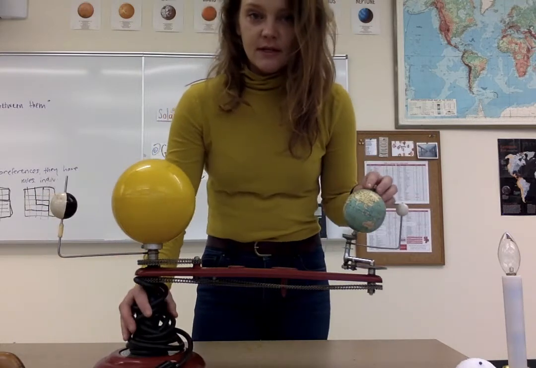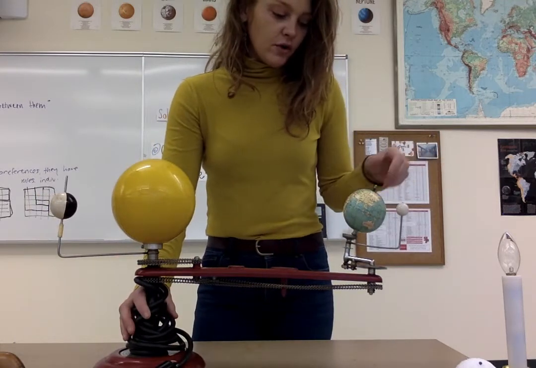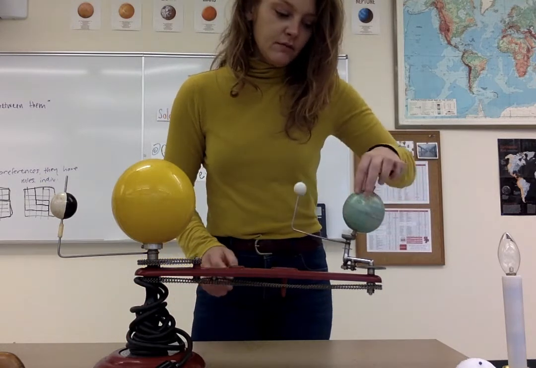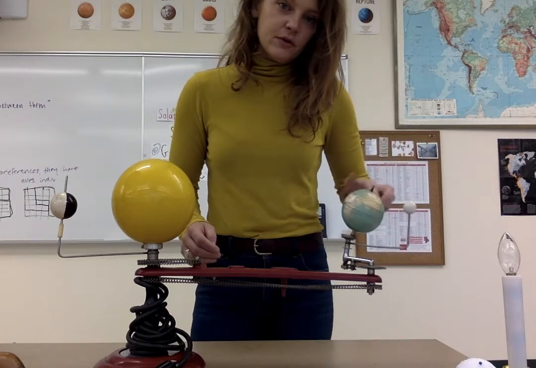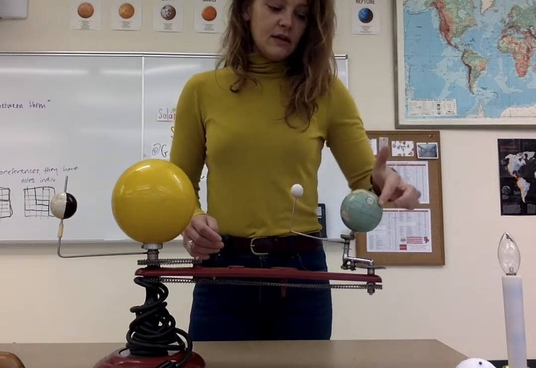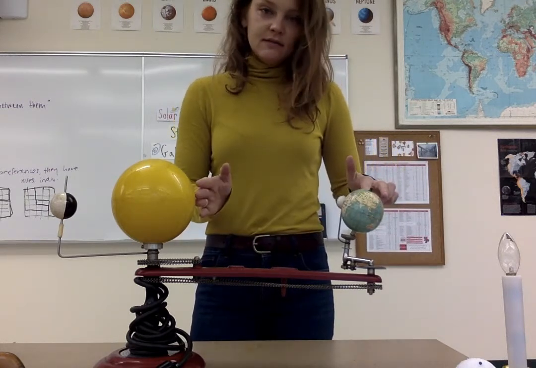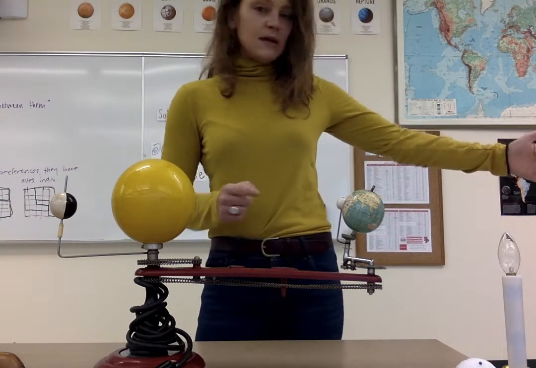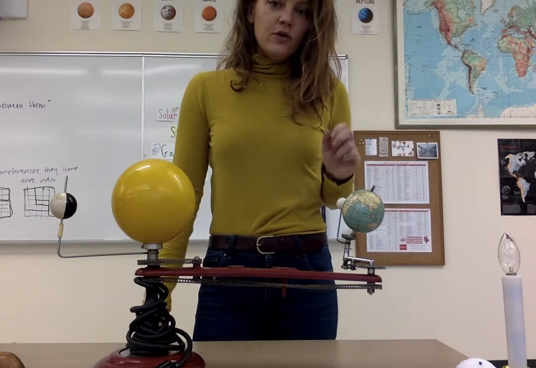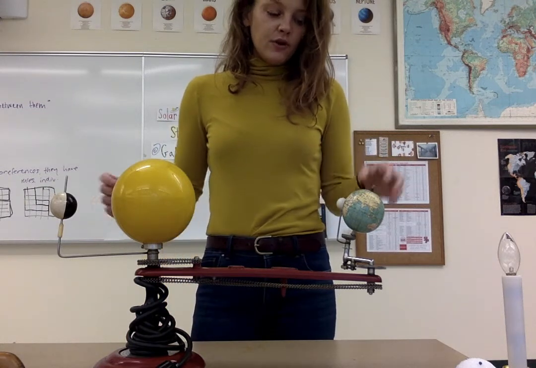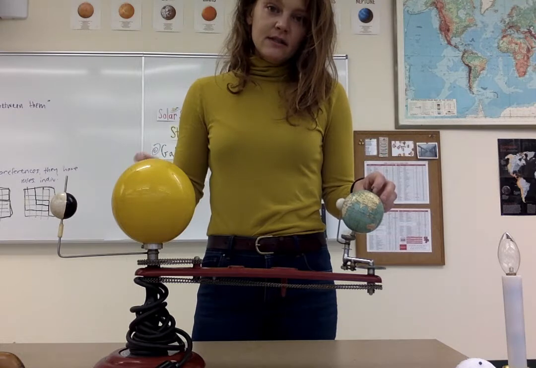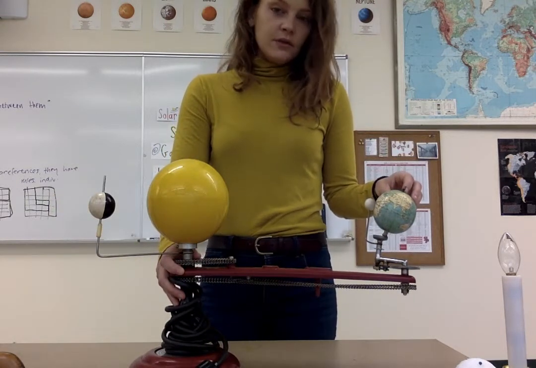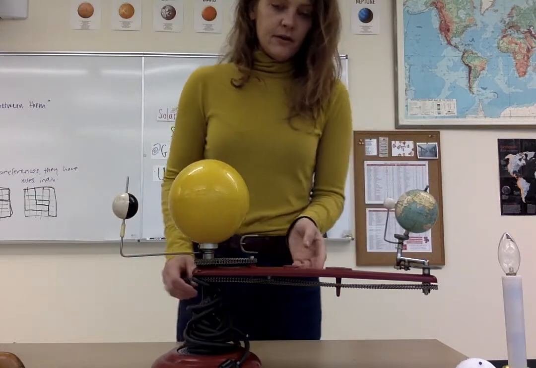Your sentence should say something like, Earth rotates on its axis once every 24 hours. One full rotation is equal to 1 day. And the side of the Earth that's facing the sun is in the day, and the side of the Earth that's facing space is in the night. You may want to pause this video, draw the picture, and write the sentence, and then come back to learn about years. So years happen because Earth